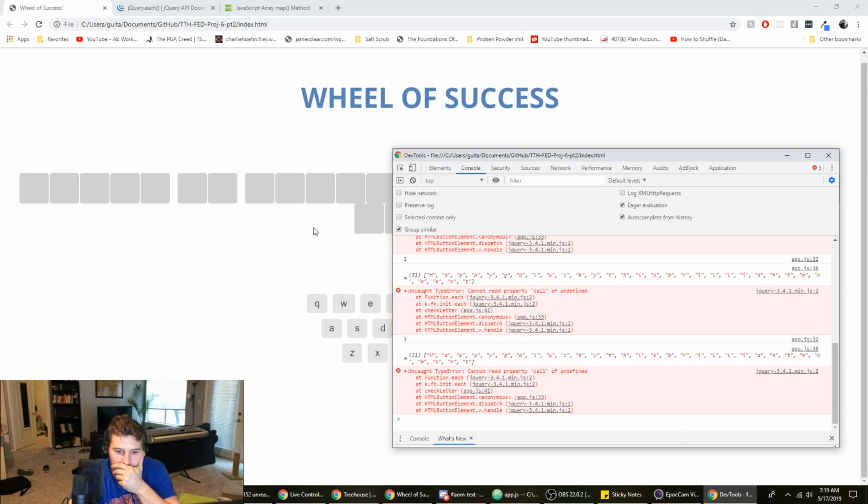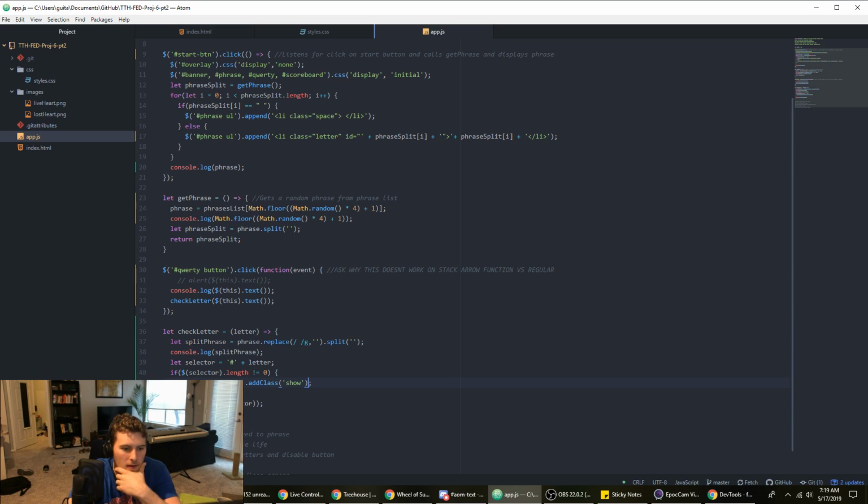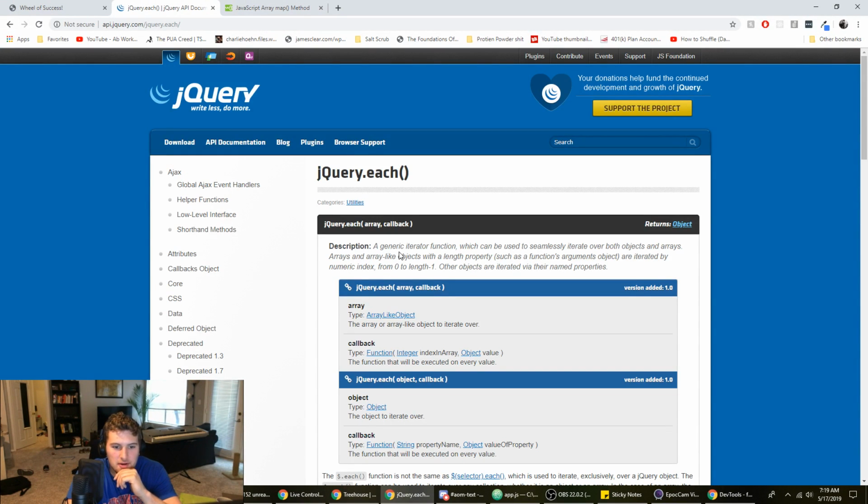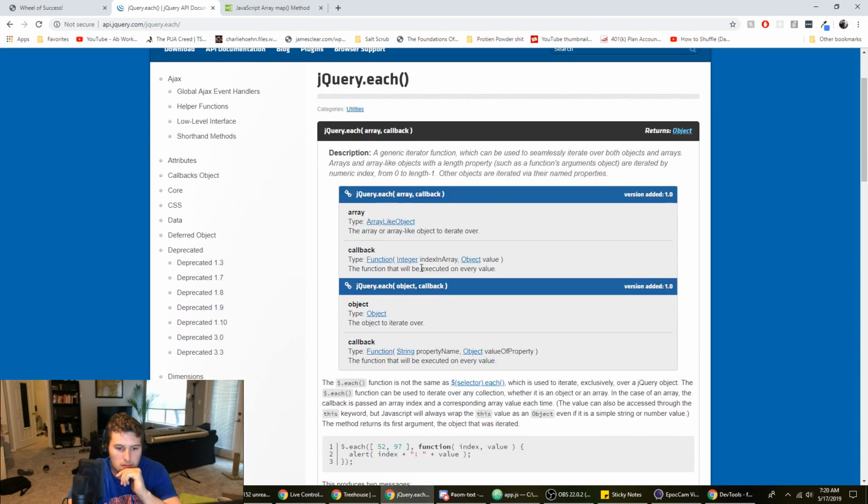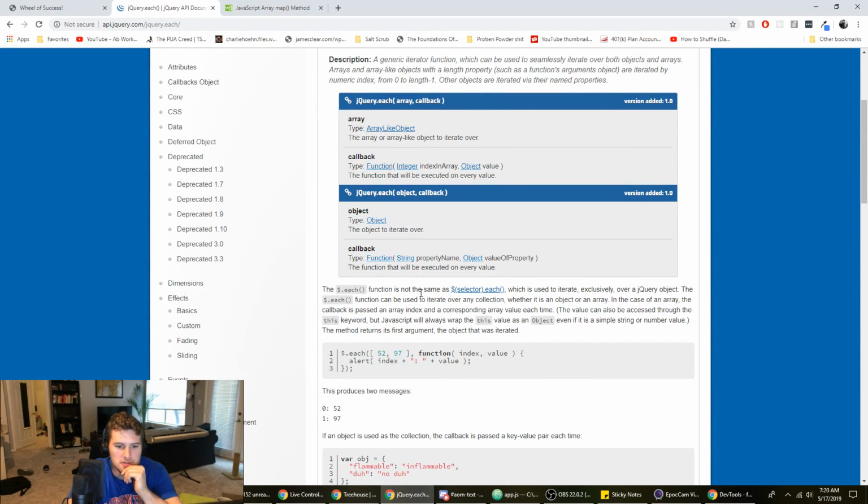Call of undefined. I'm using selector. Maybe I need to read more on this. A generic iterator function that can be used to seamlessly iterate over both objects and arrays. Functions is not the same as selector.each, which can be used to iterate exclusively over jQuery objects.